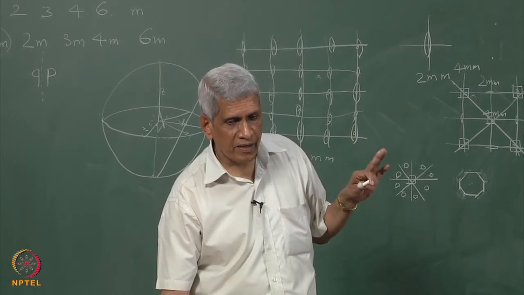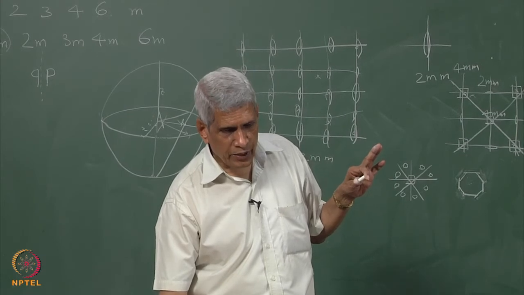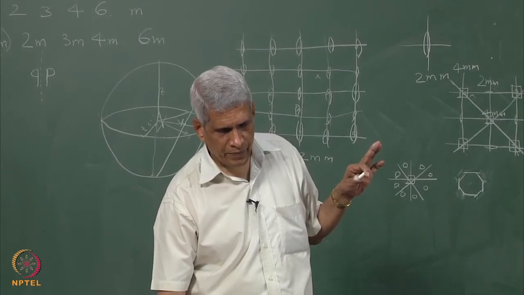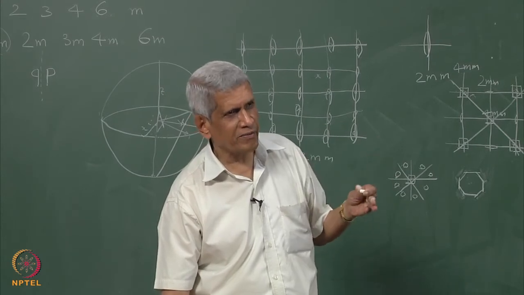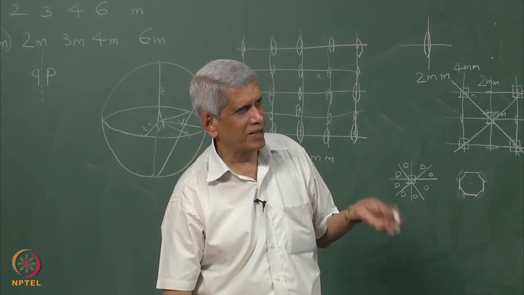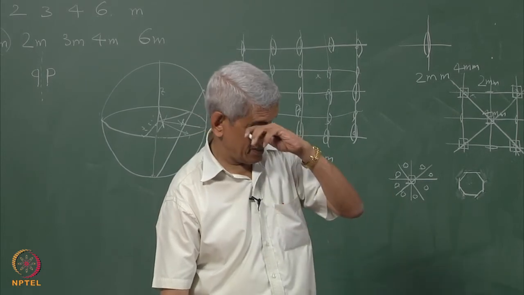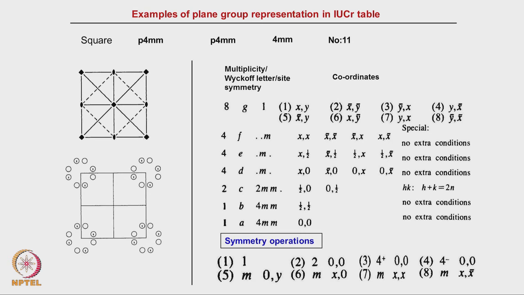Is this clear? Okay. And in addition, they also give, for the different values, the conditions under which the reflections will be absent or present. All those conditions are also mentioned in this table itself. This table is very useful and contains a lot of other crystallographic information, but to construct a crystal structure, this particular table, which gives the coordinates and the Wyckoff positions of the various special and general points, is what is really necessary. Is this clear?